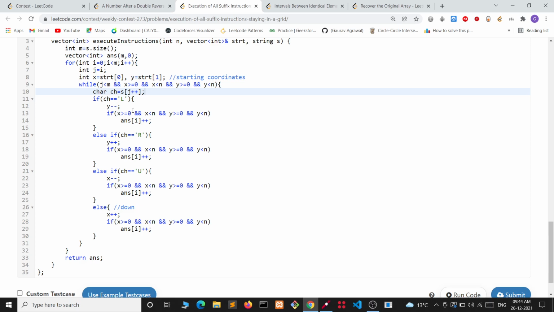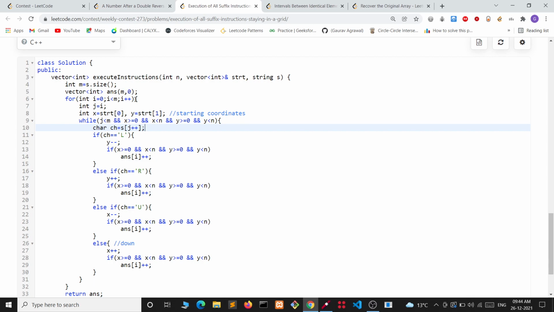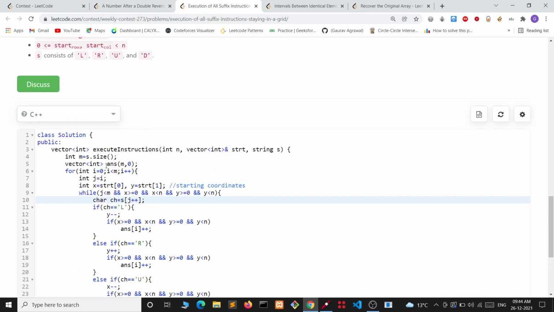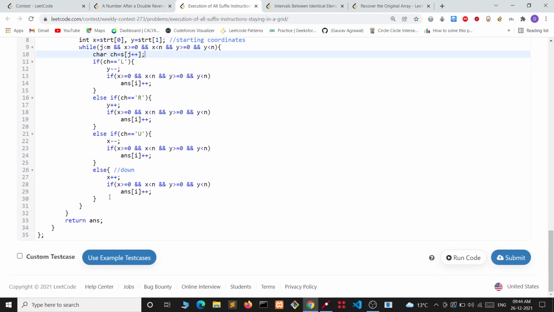So this is what we are doing here. If we want to move left, we have decreased the y coordinate, and then we are checking if it is still inside the grid, then it means we can execute this instruction. So we are increasing the ith answer. We have initialized it with 0, so we are increasing the number of operations we can do if we start from the ith index of s. Similarly, we have done it for all directions and we have returned the answer.